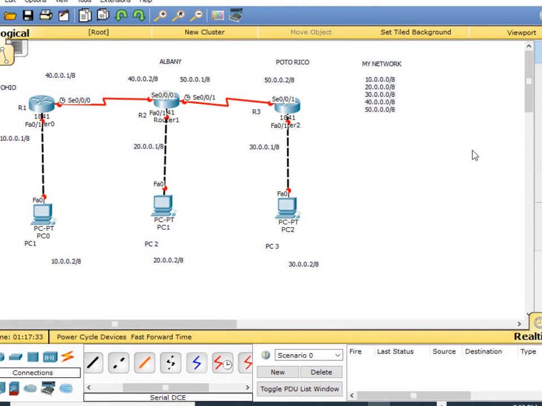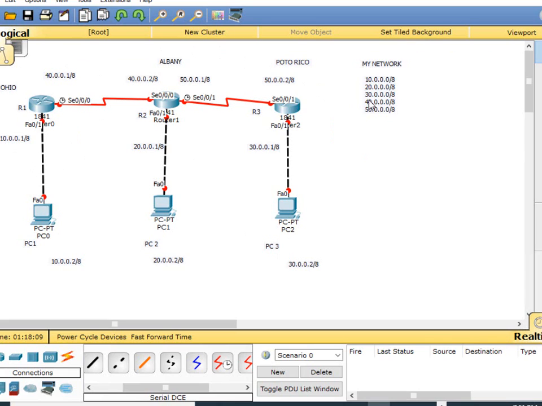A static Internet Protocol address, which is the IP address, is a permanent number assigned to a computer by a service provider, the ISP, which is the Internet Service Provider. So this means that a computer with an assigned static IP address uses the same IP address when connecting to the internet, which means that, as you can see in my Cisco Packet Tracer, all the IP addresses over